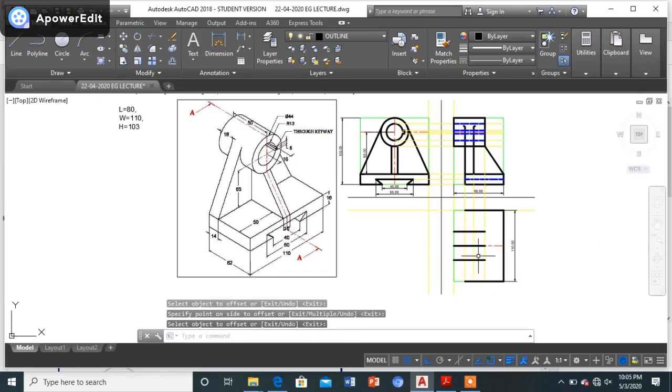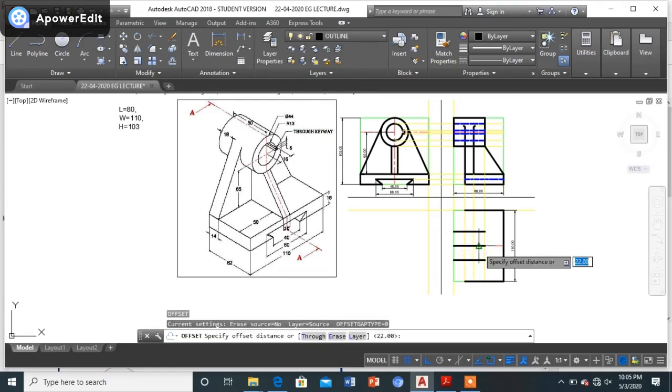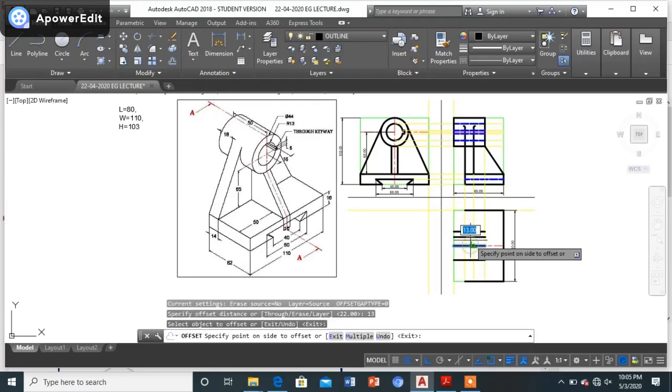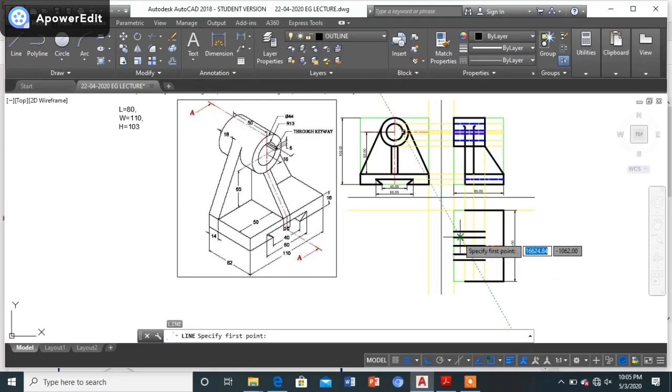Again I will be requiring the lines at a distance of 13 each. So from here 13 above, 13 below. Okay, so once I am done, I will be simply completing this like this, and even over here it will be completed like this. Okay, so once I am done with this, I will be simply making the lines which will be seen to me as in hidden lines.